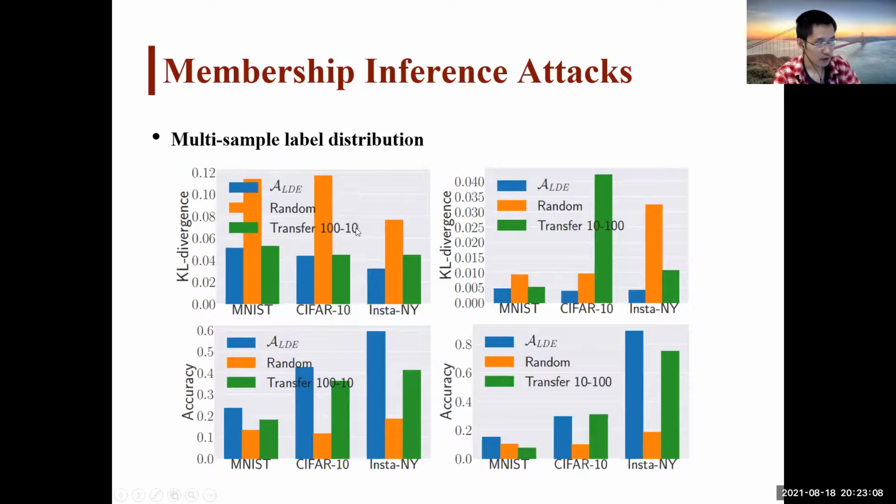The transfer here, transfer 10 to 100, means that each of the training samples for the attack model, so the training sample for the attack model is an updating data set containing 10 data, and each of the testing samples for the attack models contains an updating data set containing 100 data samples. That is, we train our attack models with the updating data of 10 amount, but we use these attack models to try to infer the target models while it updates its target model with 100 data. So we can say that